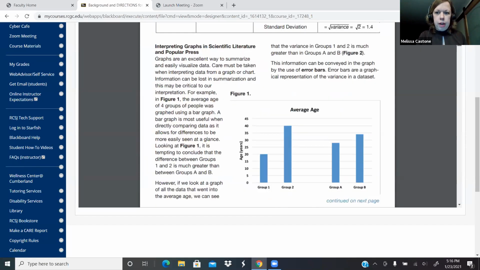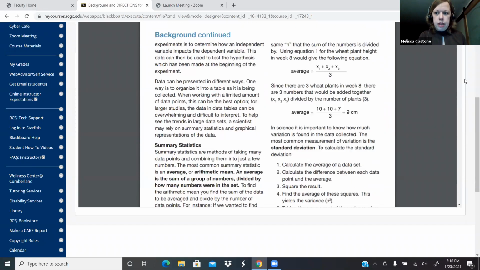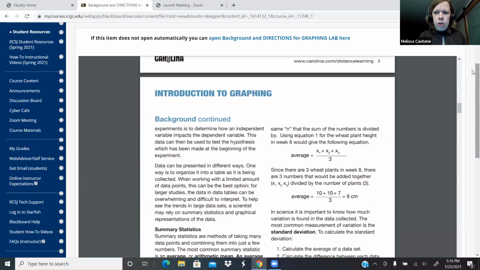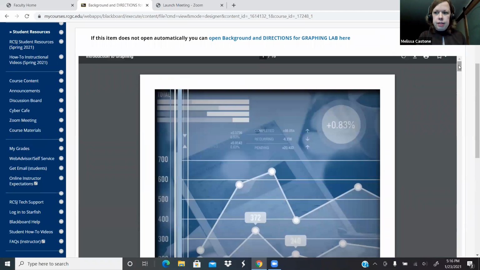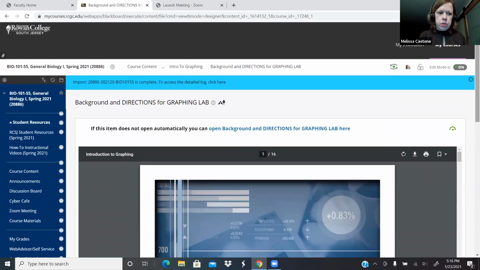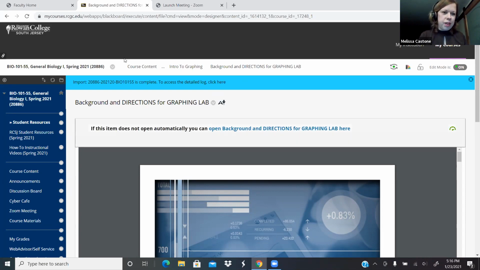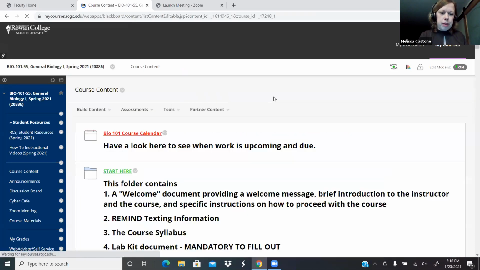So all your labs are open. It's just that I don't have all of the turn-in buttons active for you to start turning in any lab you want. But if you wanted to work ahead on labs, if you had biology in high school and you think you kind of know what you're doing here, then you could certainly work ahead. But you might have to wait for me to turn on the turn-in button. And what I mean by turn-in button